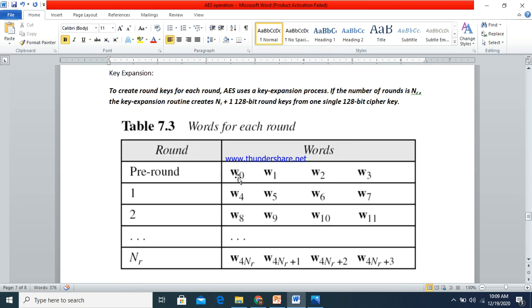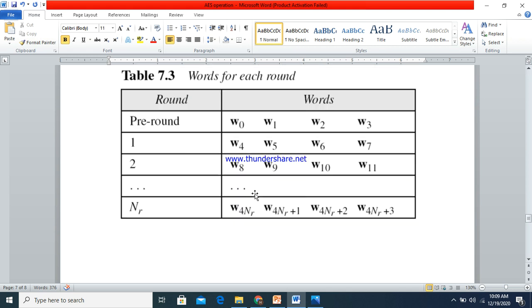Before the rounds, in the pre-round, we have the 4 words, and for each round we need to expand. So the next W4, W5, W6, W7 and so on, up to, with 128 bit key AES, W43. Based on the number of rounds, we need to generate that many expanded keys.